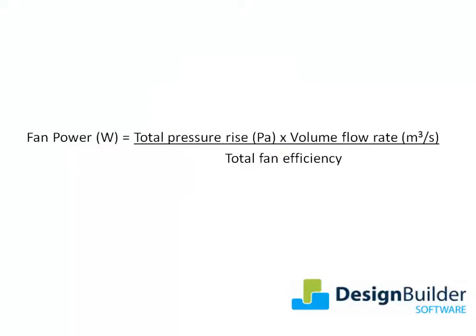For new buildings and systems, the fan efficiency and pressure rise data is likely to be available, but it's often difficult to obtain for existing buildings. Clearly, both of these inputs can have a significant impact on the fan energy consumption. If you have some information available, you may be able to calculate the missing value from this formula. If you don't have any of this data, you may be able to obtain a ballpark figure by using general